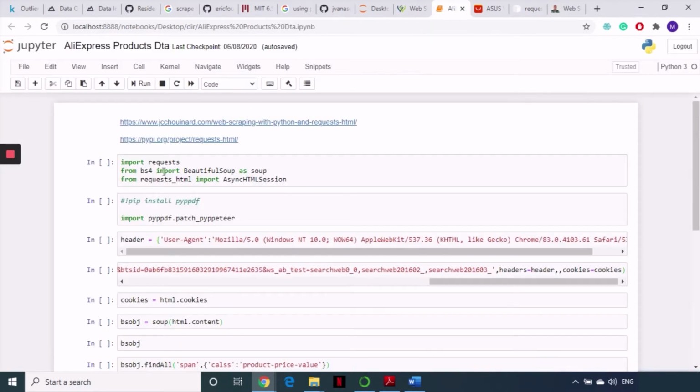I'm importing async HTML session, and then there is another import. First, if you don't have this requests-html library, you have to install it. So do a pip install requests-html. Then there is another thing that you need to actually install, that is